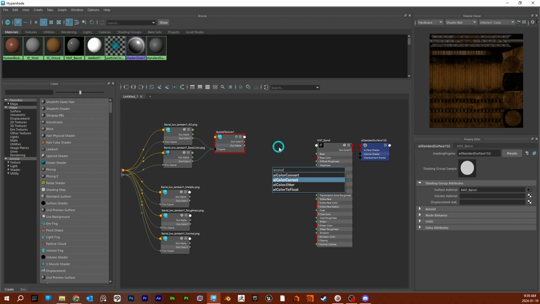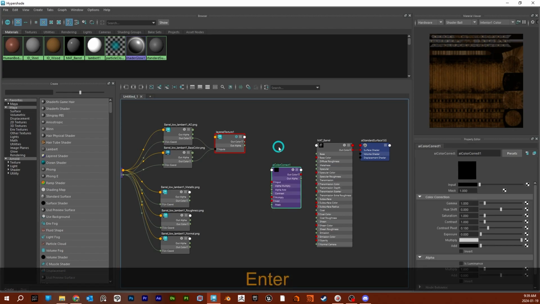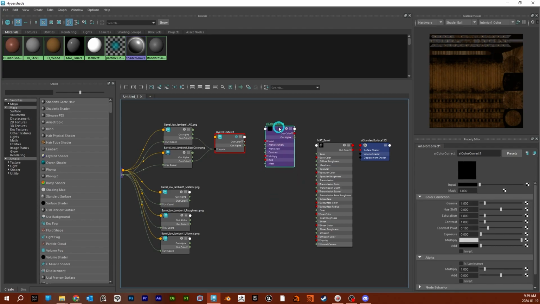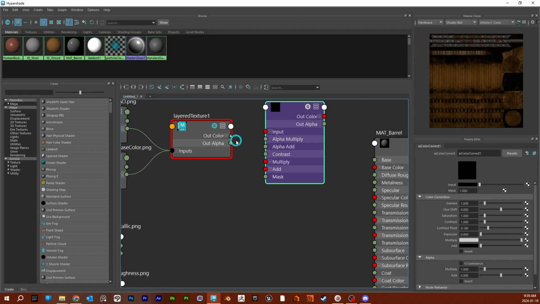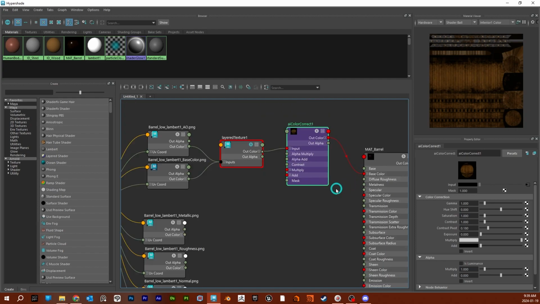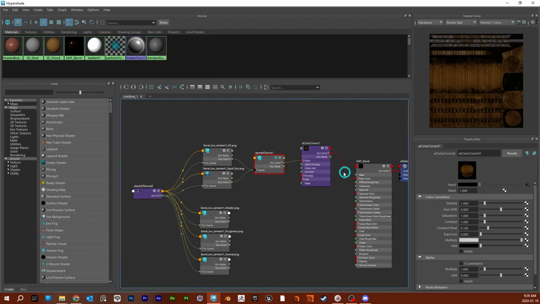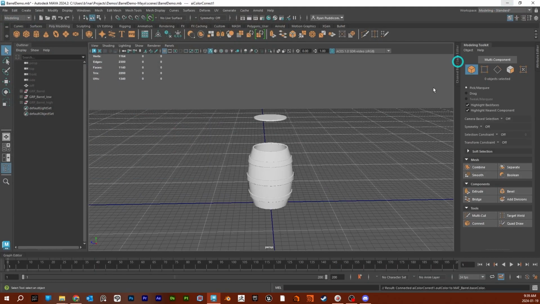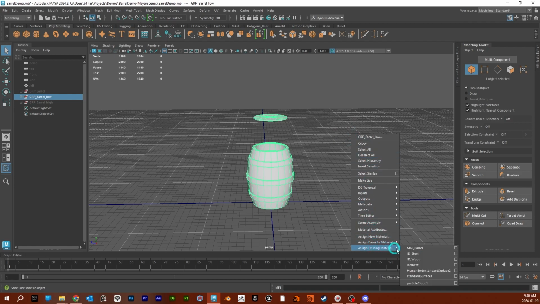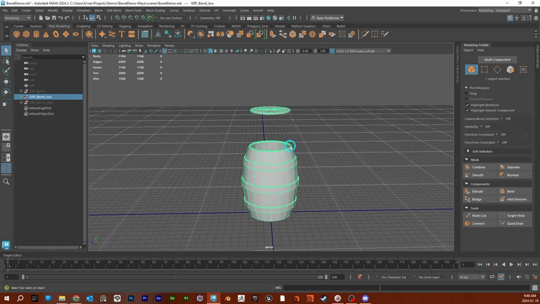So let's go. We're going to bring in an AI color correct. And from here, we're going to go from our out color to our input, and then our out color to our base color. And one thing you'll notice, actually, let me just minimize this. If I throw my barrel material on here, and then